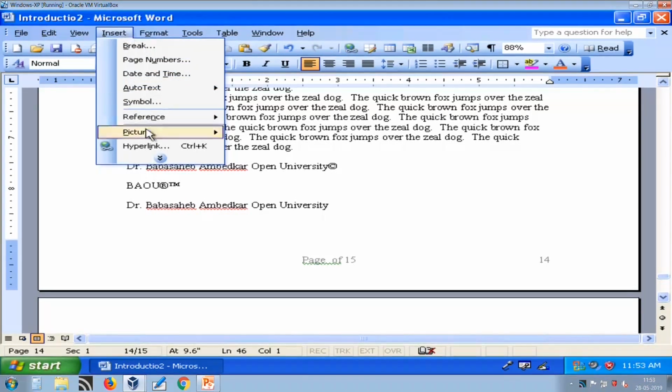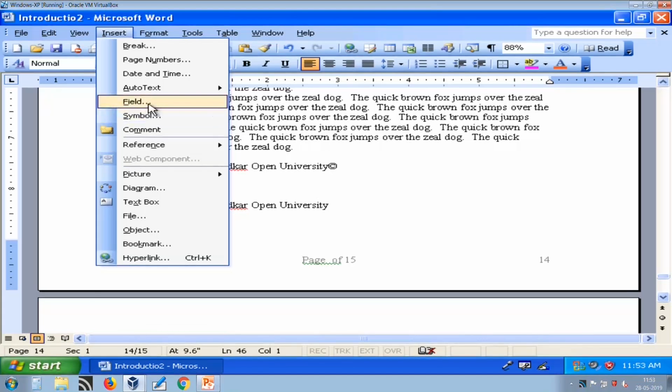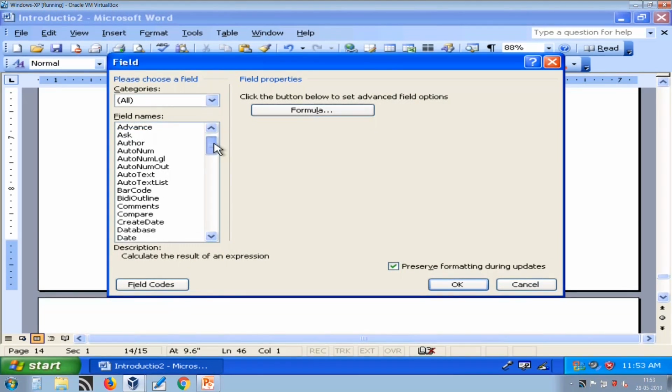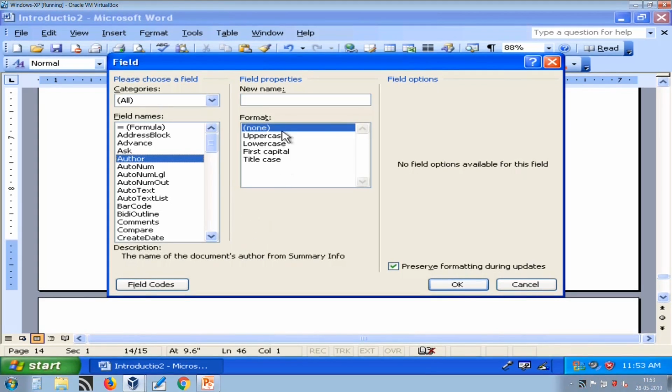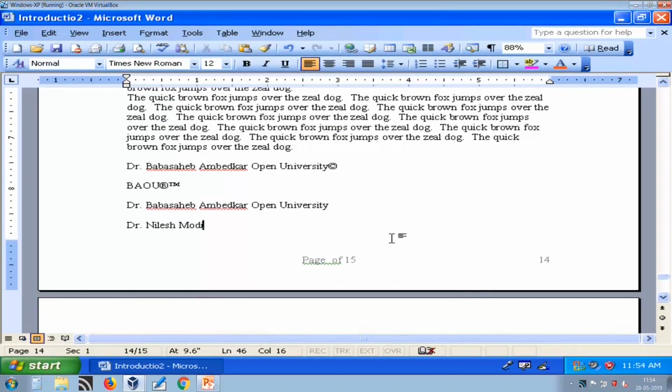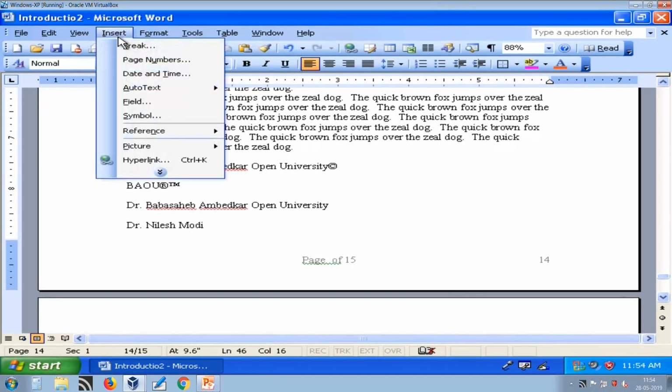Now I want to insert a field. So what is a field? A field is a predefined tag. For example, I want to use author name. So inside author, I want to type some text, so here it inserts it.